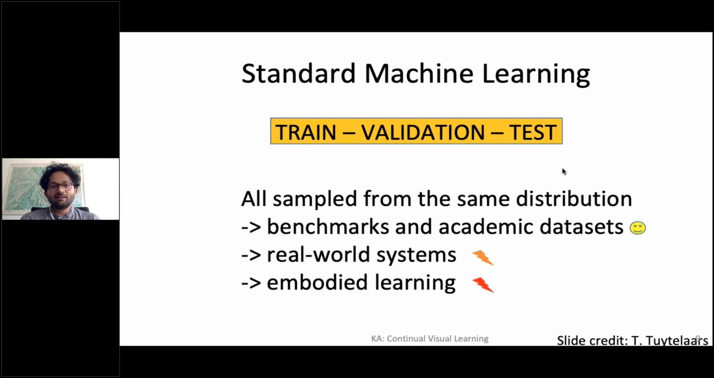Okay, so this is a great setting for benchmarks and what I call academic data sets. In this type of framework, we are able to solve many of these benchmarks and academic data sets, starting from small data sets for image classification, such as Pascal VOC, to moving on to larger data sets, such as ImageNet. Whereas this standard machine learning framework is reasonably okay for real world systems. So you're seeing many of these machine learning models being applied and deployed in the real world to a large extent,